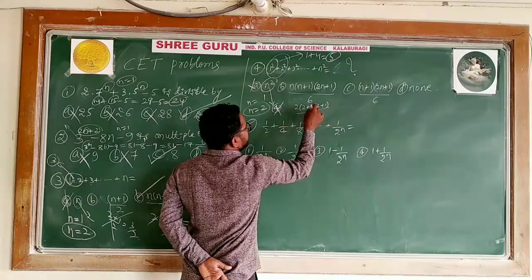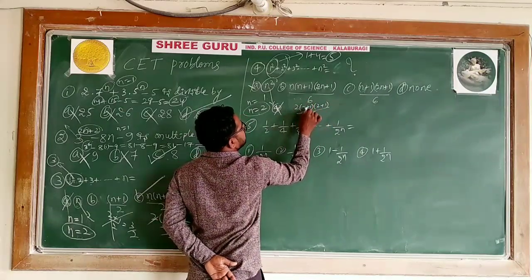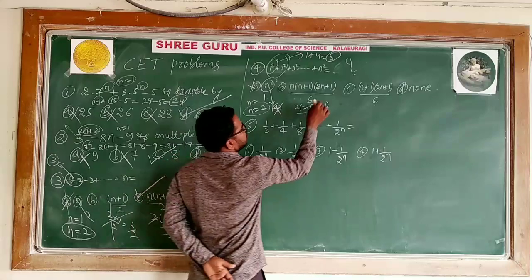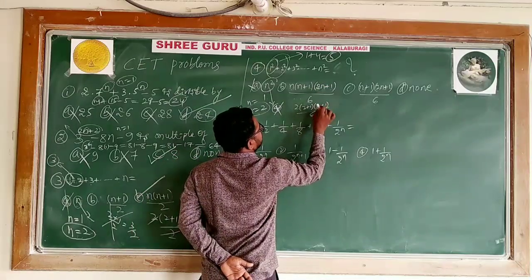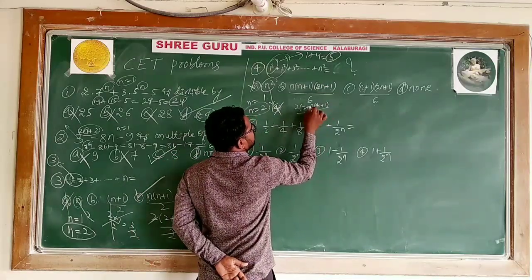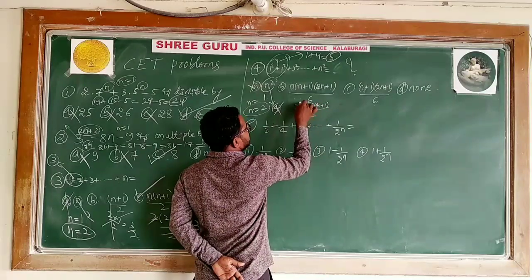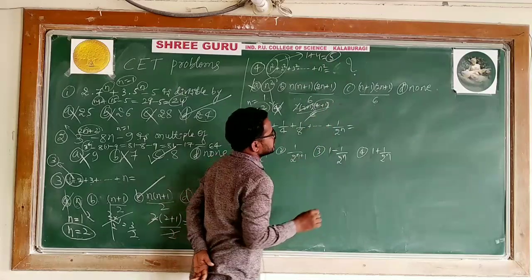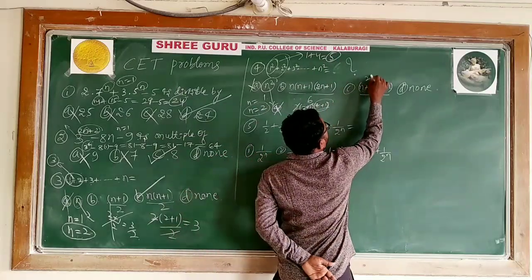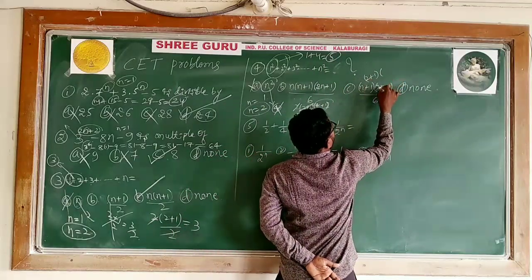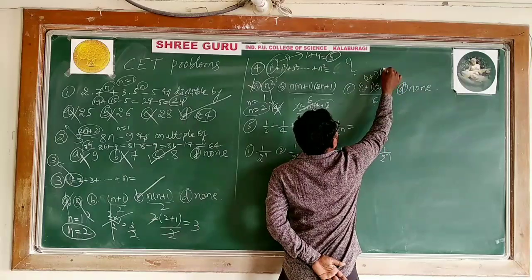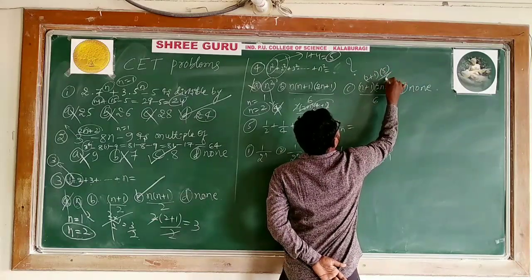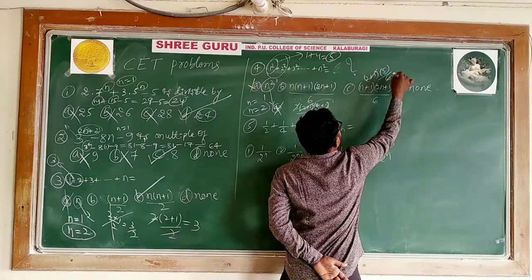Now I can say this one is 2 plus 1. Yes, 2 into 2. 2 into 2 is what? 4 actually. 2 plus 1 is 3. 3 into 2 is 6, this gets cancelled. 4 plus 1 is 5. Here this is becoming 2 plus 1 and this will become 2 into 2. It is 4 plus 1, which means 5. 5 divided by 6. 3 ones are 3, 3 twos are 6, so 5 by 2.